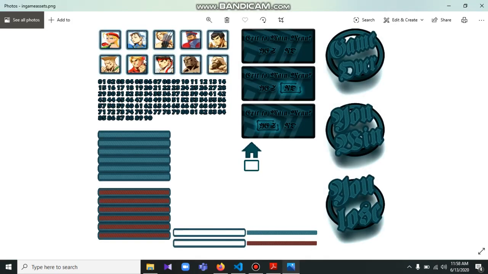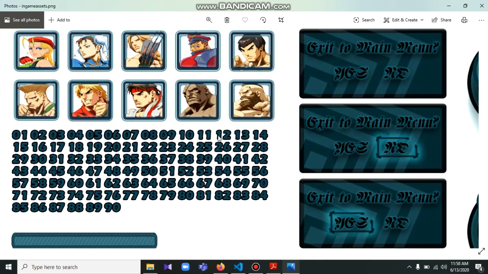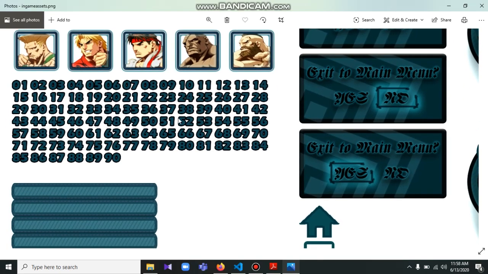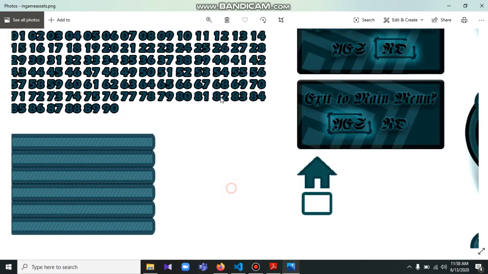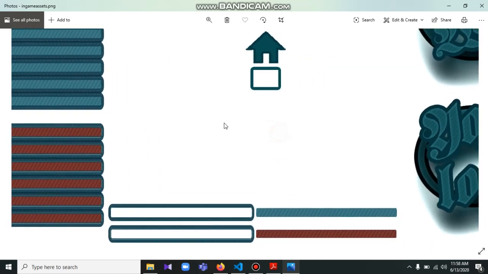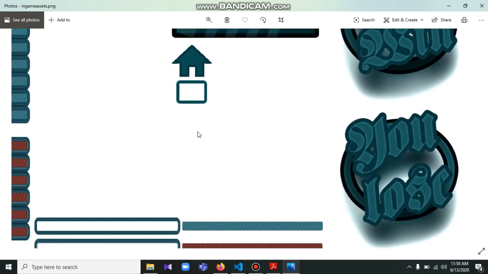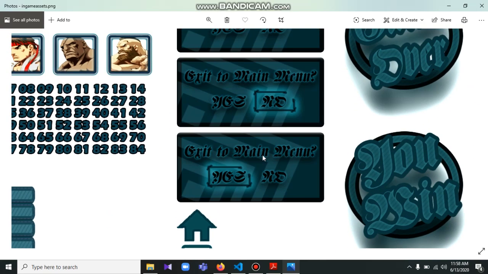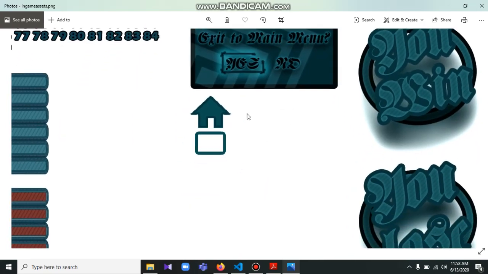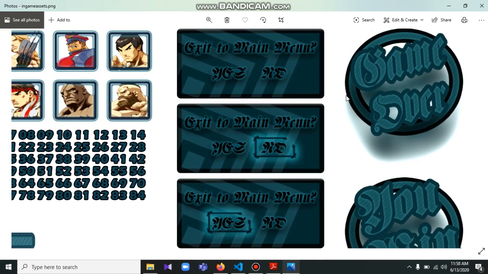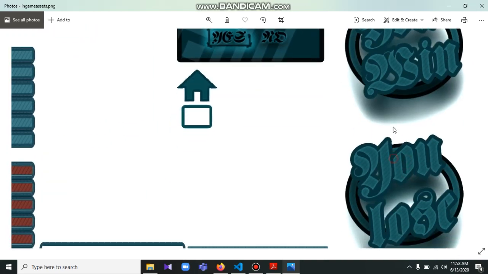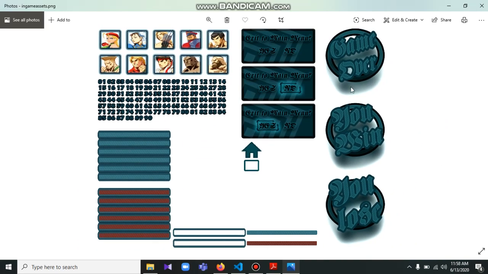As you can see here, these are the rectangles for the players that we were using on the corners. Then this is the timer, the manual timer that I was explaining to you. These are the health bars and the life bars and the power bars. Similarly, this is the exit to main menu screen, and then we had the home button, as you could see, game over, game win, and game lose screen. So I don't think I showed you these three assets, but we'll do in the later video.